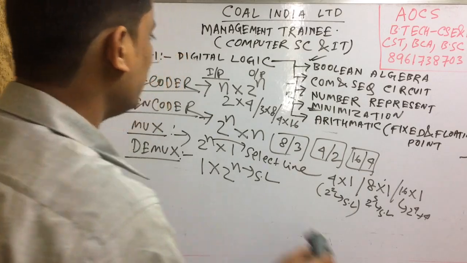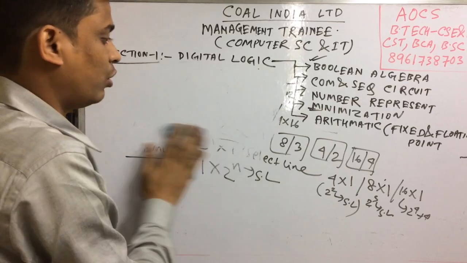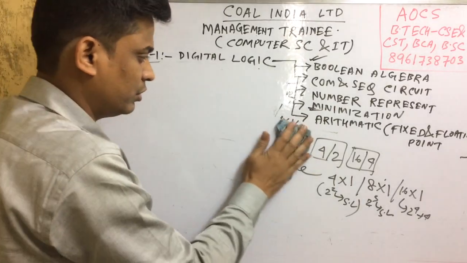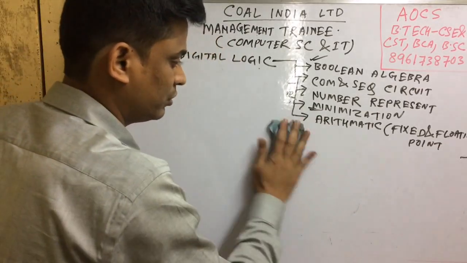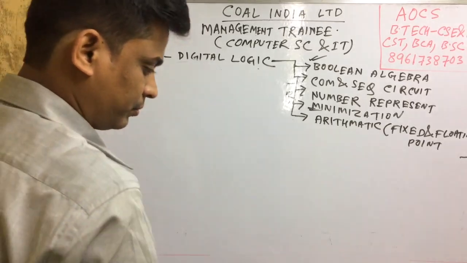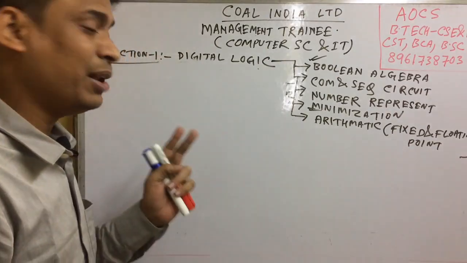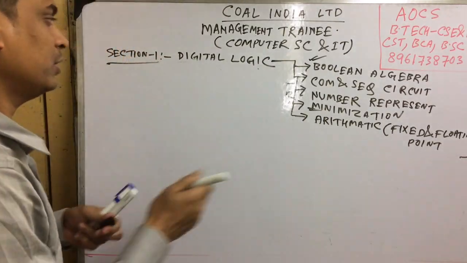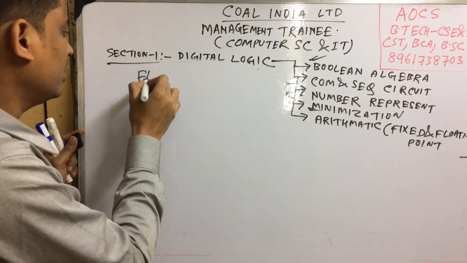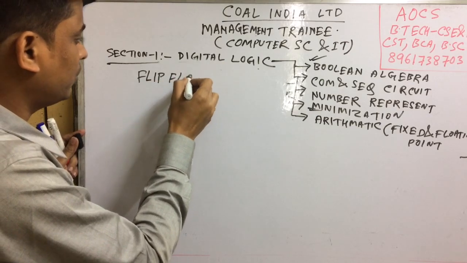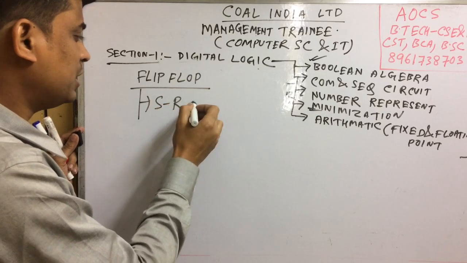And another is sequential circuit. Why is it sequential? In a sequential circuit a clock is always used. You must know the difference between latch and flip flop. A latch with the help of a clock is called a flip flop. So the sequential circuits are flip flop, register and counter. In flip flop there are SR flip flop, set reset flip flop,